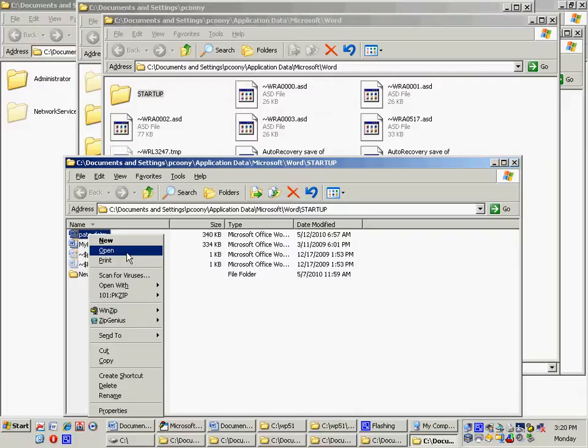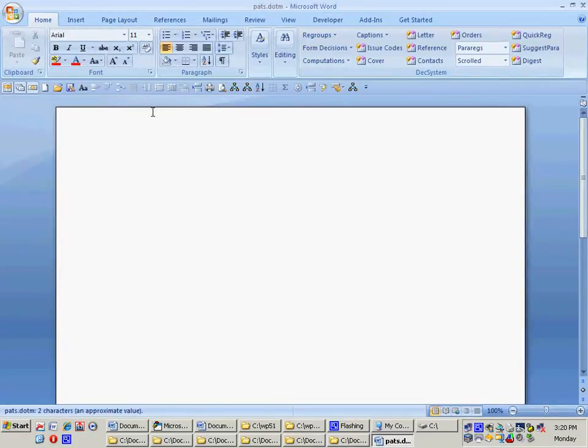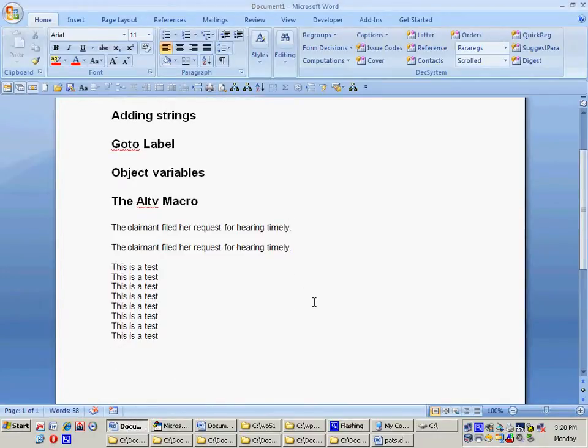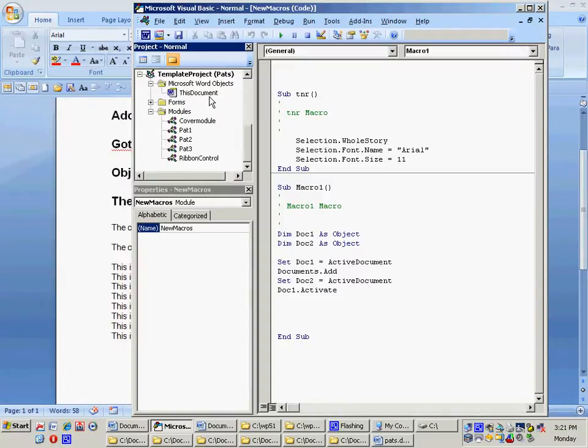It's pretty much the same file, and is for this purpose anyway. So I'm going to open it. Click Open, and you'll see we'll get the blank document. Now let's just click back to the other document that we were working on, but that'll be on in the background. And let's go back to the Visual Basic screen, and this time go to Templates, Project, PATS, or whatever the version of PATS that you have. Go to Module 1,